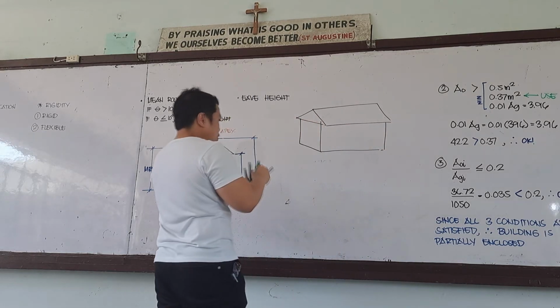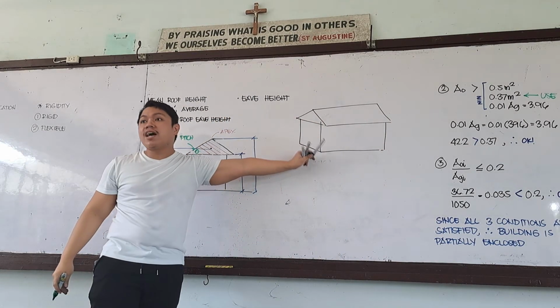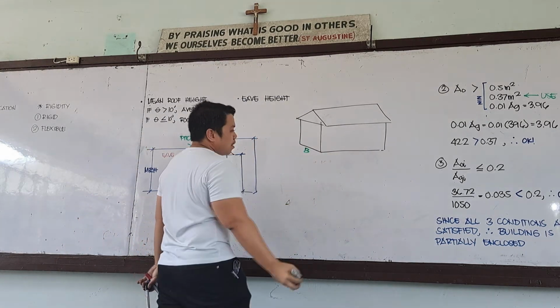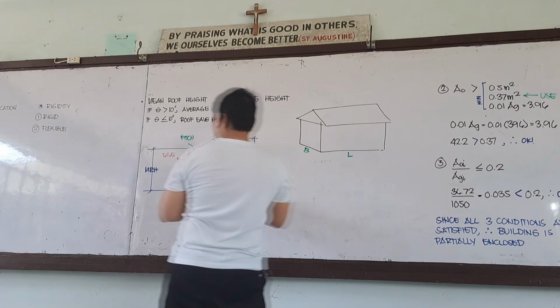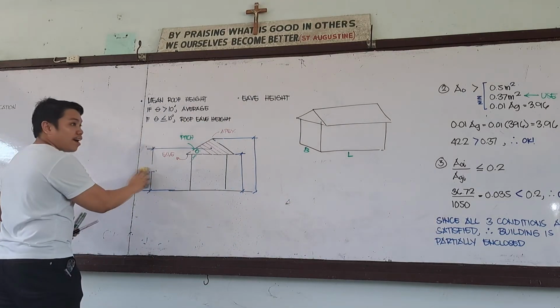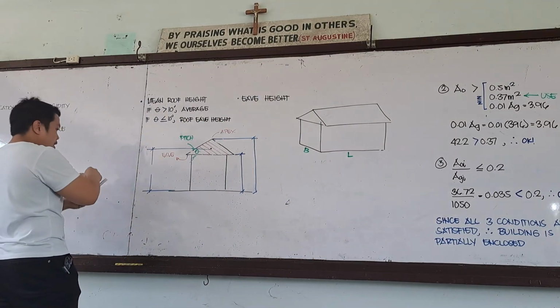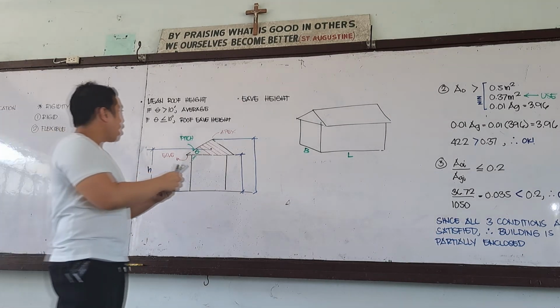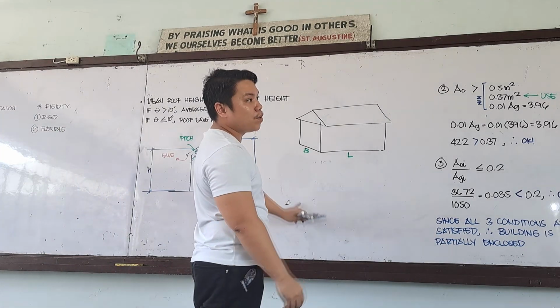Okay? So the building envelope, excluding the roof. This would be our shorter side, let's say B, and the longer side L. We'll call the mean roof height H. Okay? So two conditions, no? The building will become low rise if